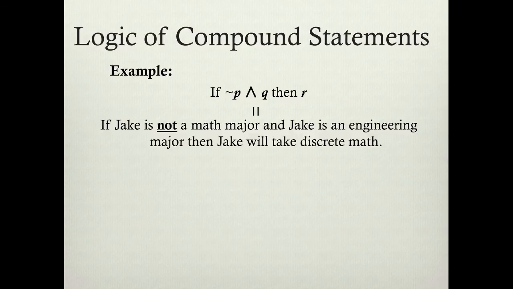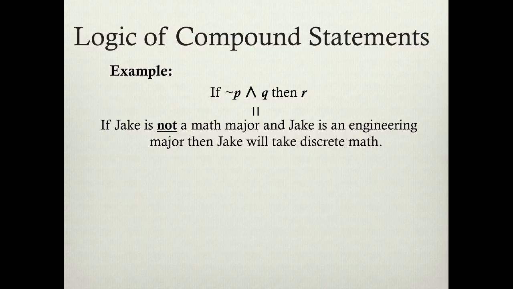Let's look at another example. If not P and Q, then R. Now, what this is saying, due to our order of operations, is if Jake is not a math major and Jake is an engineering major, then Jake will take discrete math. So he has to not be a math major and has to be an engineering major for him to take discrete math. Now, if our prior statement is true, this can't be, because we said he has to be a